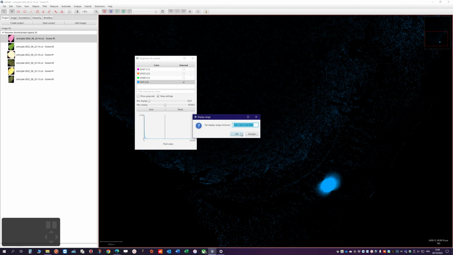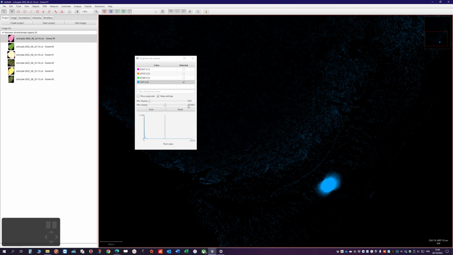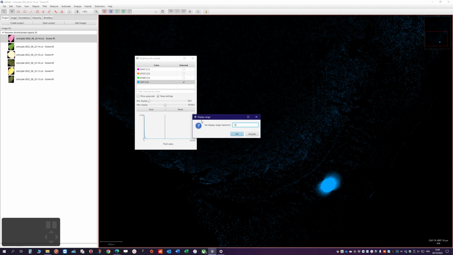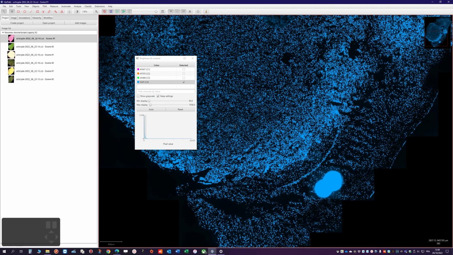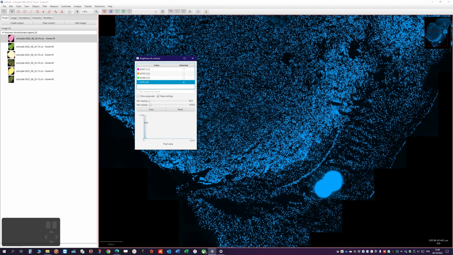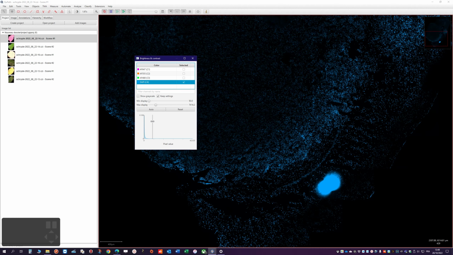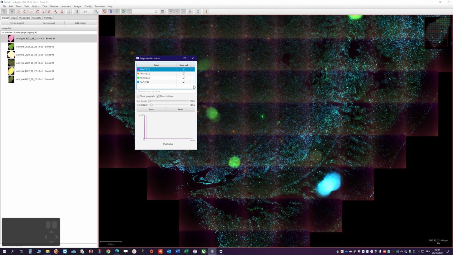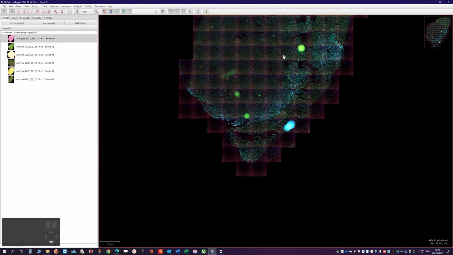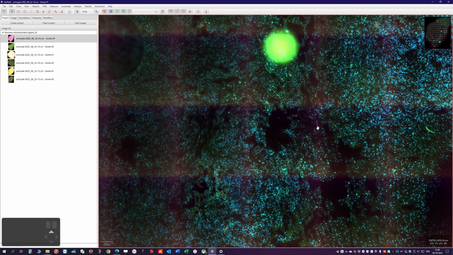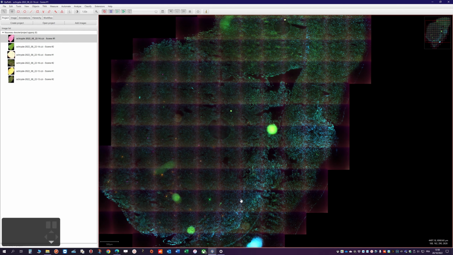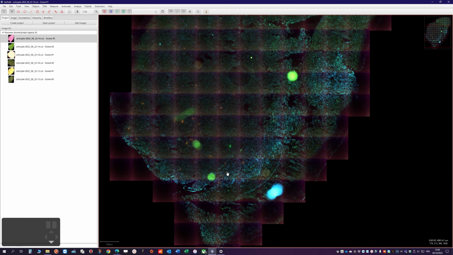And finally the DAPI channel. Here I think 50 is okay, but here it's a bit too high. Let's try this. Oof, too harsh. Yeah, let's do it by hand since we have quite a lot of margin anyway. So here, if I display everything again, you should get a good idea of how these slides should look like. And as you can see, all those cells have a wide variety of staining,